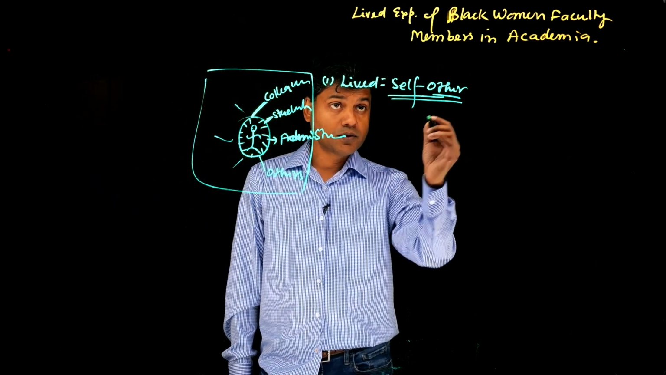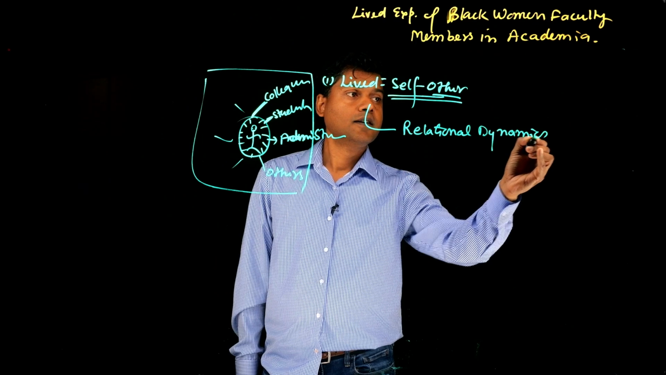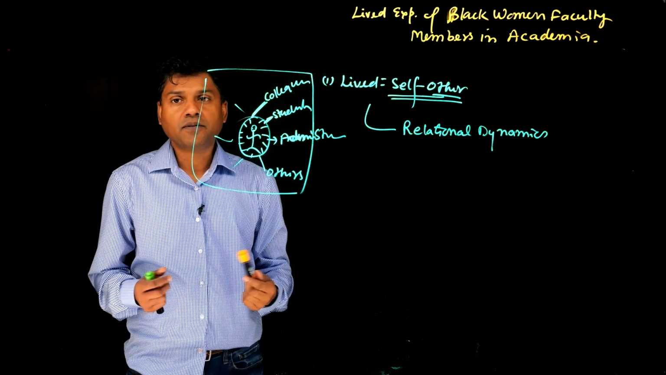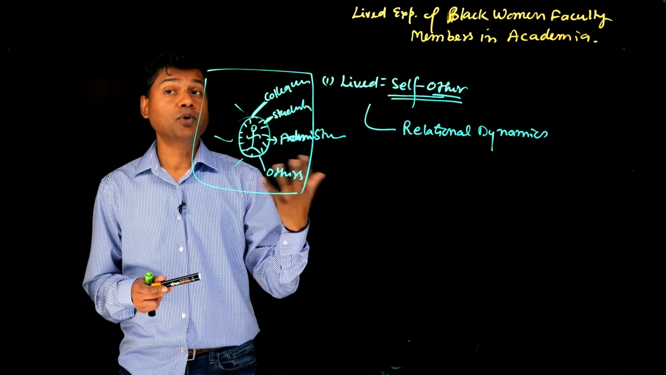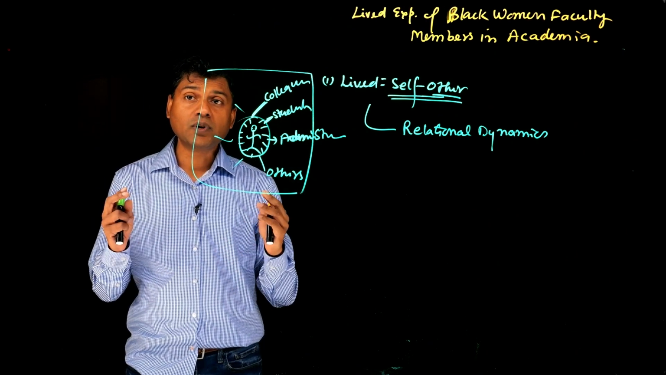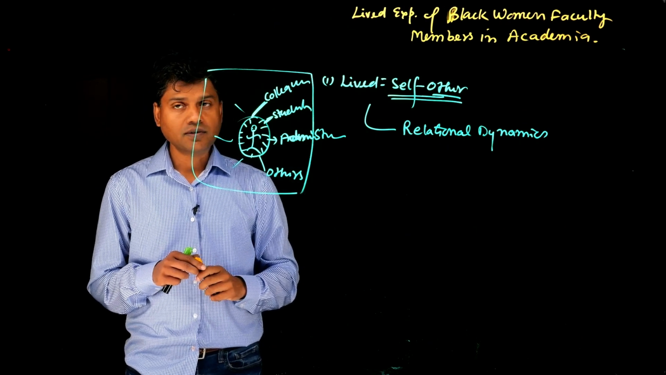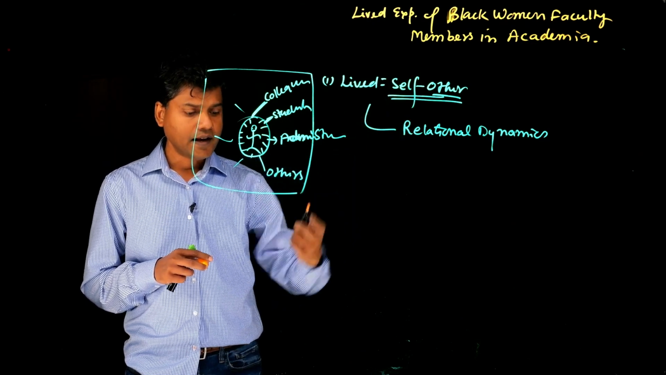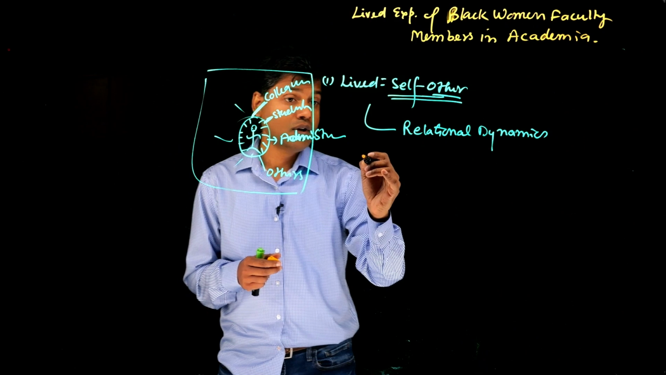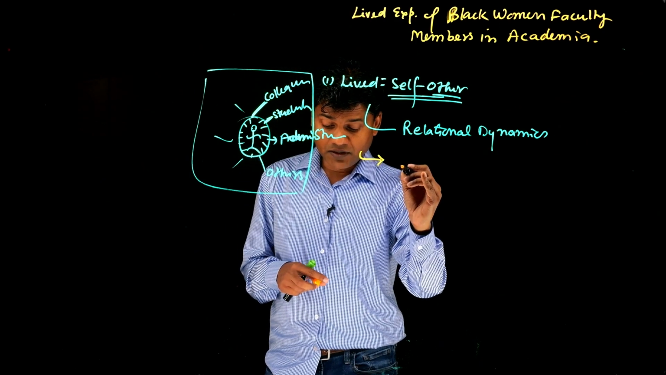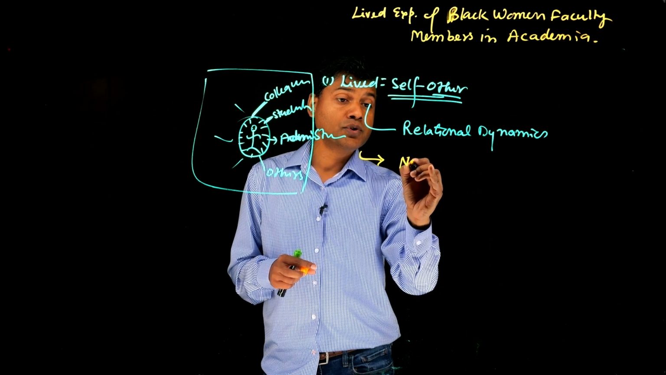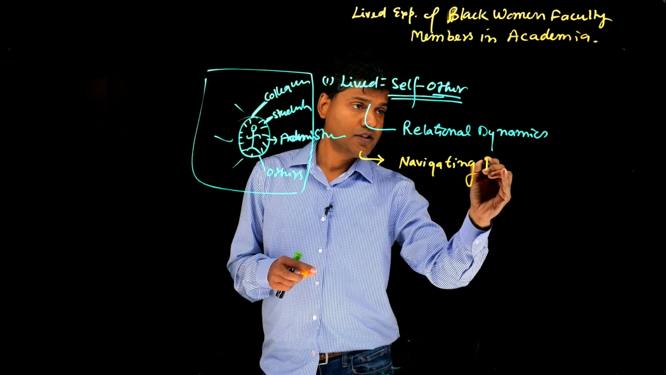So the relational dynamics can help you understand so many different things. And I'm just thinking here hypothetically. So let's say when I'm looking at the data, these questions focused on lived self-other can help me understand. Maybe the one thing that I might notice is how Black women faculty members are navigating institutional culture,